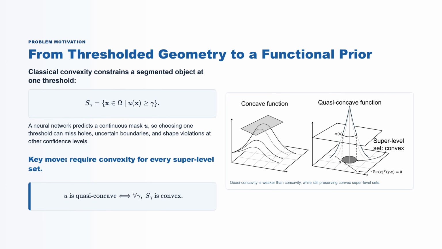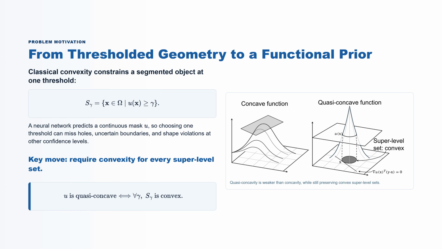In segmentation, the network usually predicts a continuous mask U, and then we choose a threshold to get the final object. Classical convexity is a geometric constraint on that thresholded object. The problem is that the object depends on the chosen threshold. If we only check one threshold, the network may still produce holes, irregular boundaries, or non-convex shapes at other confidence